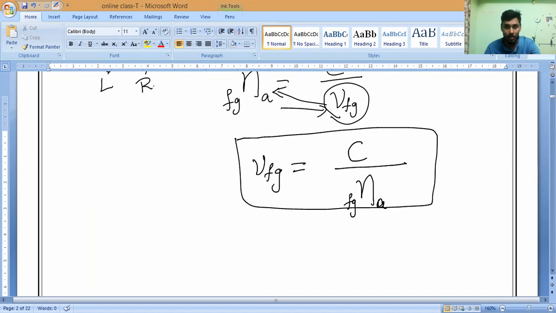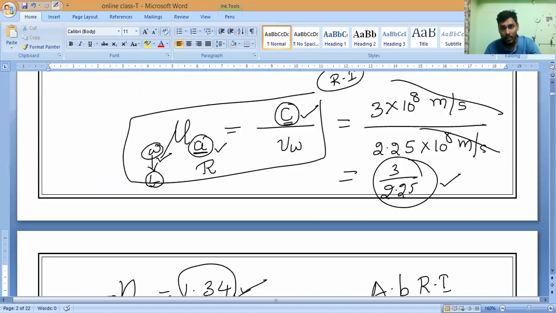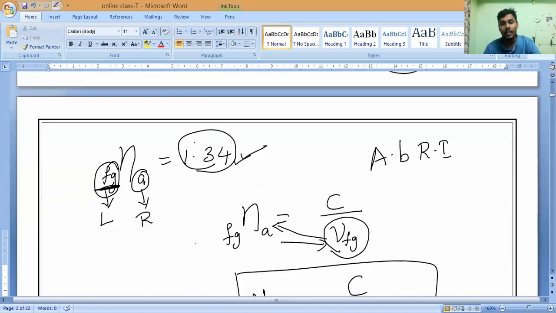I want to give a simple question paper. Then the question will come. Definitely in this one will come. Either they will ask you to calculate the refractive index of a given medium, or they will ask you to calculate the speed of light in a given medium. Are you clear? Now I will say you one question.